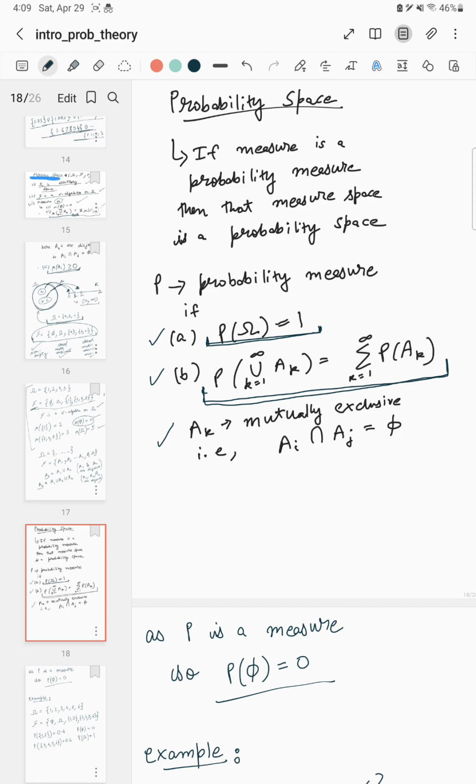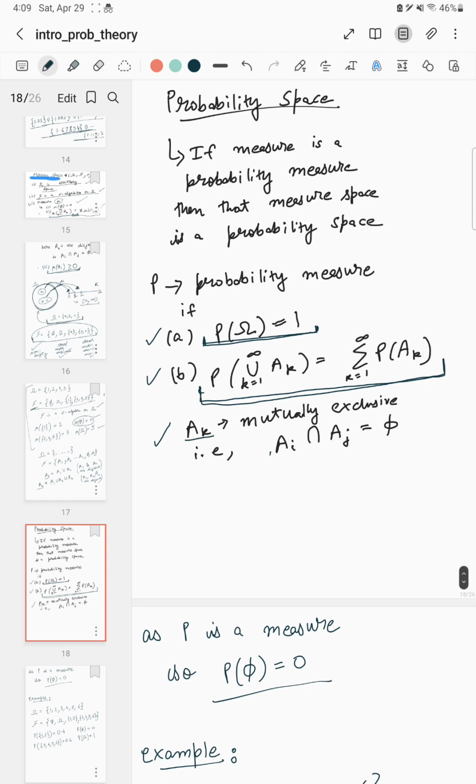From the previously studied measure space property, if the A's are mutually exclusive, that is, disjoint, let's say A1, A2 and so on till An, in the sigma algebra F, and these are all disjoint sets,